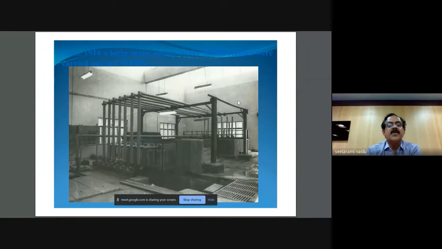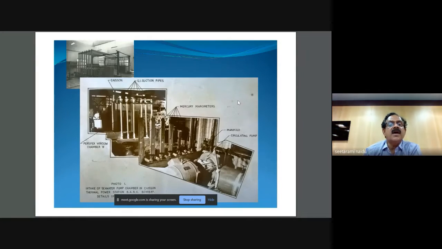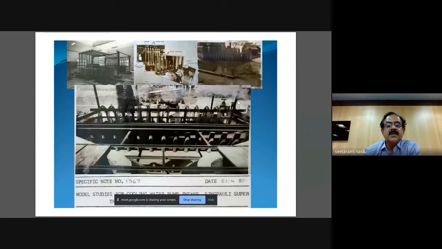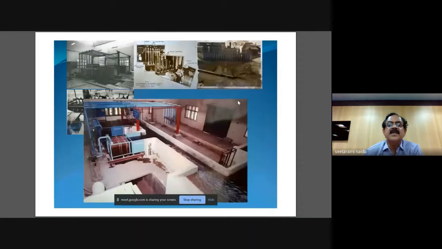So these are some of the model studies starting from 1916. CWPRS was involved in this; this is some Kathalguri project, I believe. These are some old pump intake studies reported. 1977 studies for pump intake. This title I am not able to read. This Singrauli Super Power Station study was done in 1981. The various aspects of model construction are depicted in this picture.